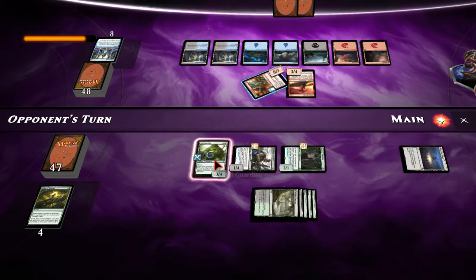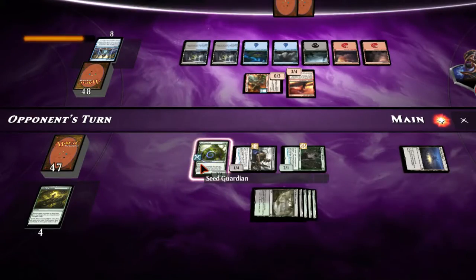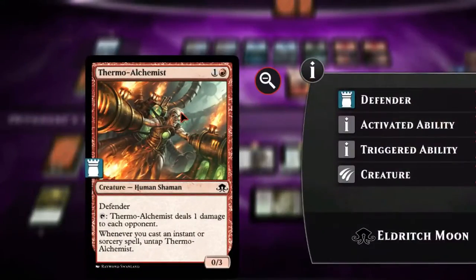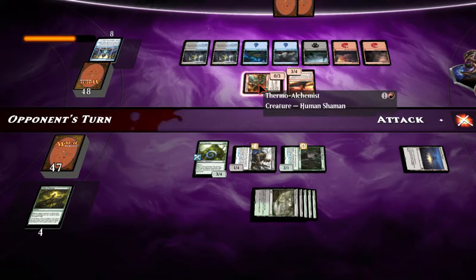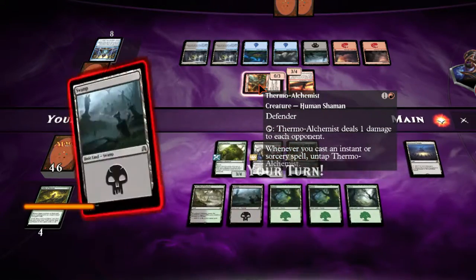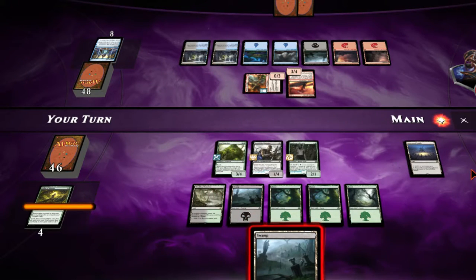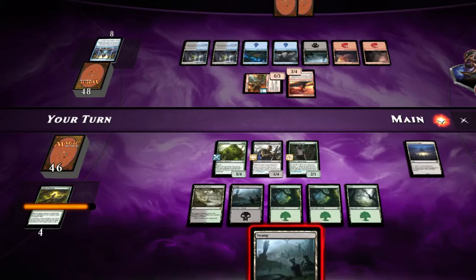Maybe we not need to block yet, but this guy is going to be doing a lot of damage to us. A very nice looking 2-drop. I think it's very powerful. Thermal Alchemist. I wish I had so, but very strange looking turn. So the Deathcult Cultivator still doesn't have the touch available, so